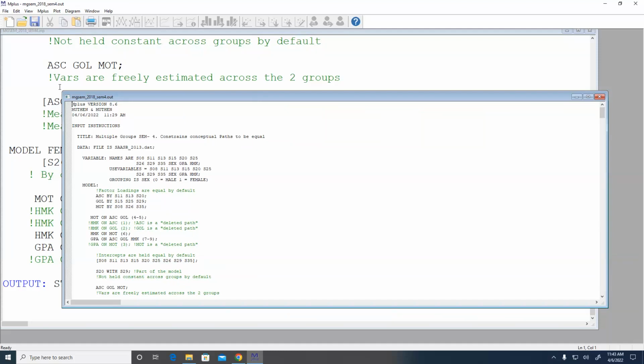So let's go back to that. GPA on goal valuation. So this is the path from goal valuation to GPA, which again, we saw in the single group model way back when. You might not remember that, but the first thing that's weird about this, if you stop and think about it, is that it's negative. So this is actually saying, after controlling for the other variables in the model, the direct effect of goal valuation on GPA is negative, which means the more you value the goals of school, the less well you do in school, which does not make sense.